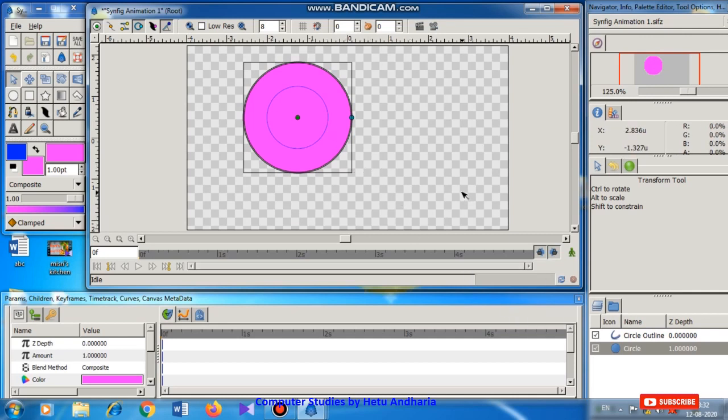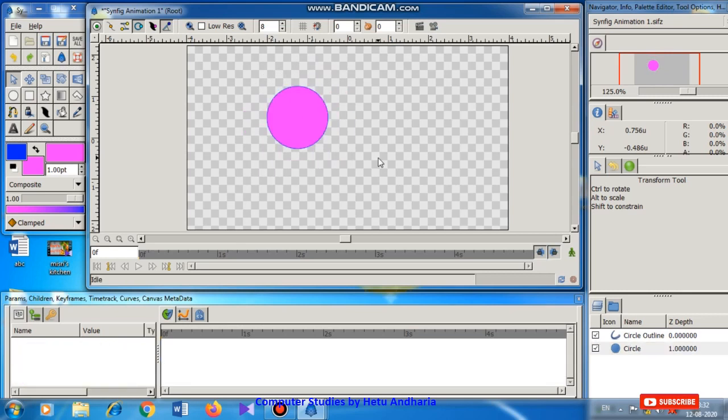Here the outline and circle are considered as different layers. I come to the topic of layers. Here you have to imagine that this is the canvas on which you have not drawn a circle, but you have kept a transparent plastic sheet. On the transparent plastic sheet, an opaque circle shape is drawn.